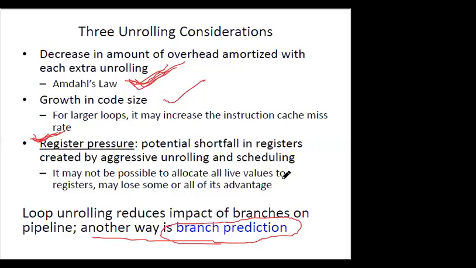So what is branch prediction and why is it done? Branch prediction is a technique used to rectify control hazards. Control hazards take place when we have conditional jumps. A conditional jump tells you which instruction has to be fetched in the next cycle. Suppose we have a jump at this point, or an instruction to execute at this point, and this is a conditional statement. And this conditional statement can either have a yes or a no.